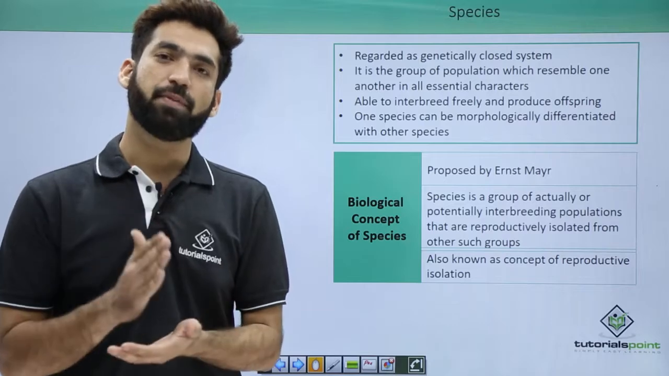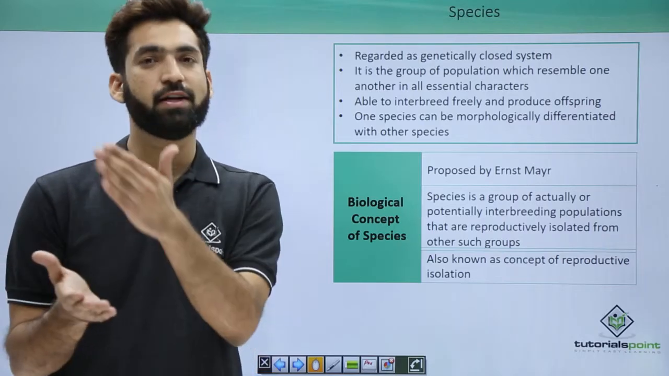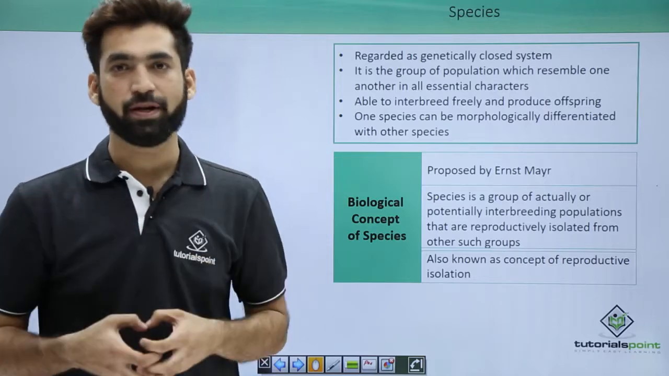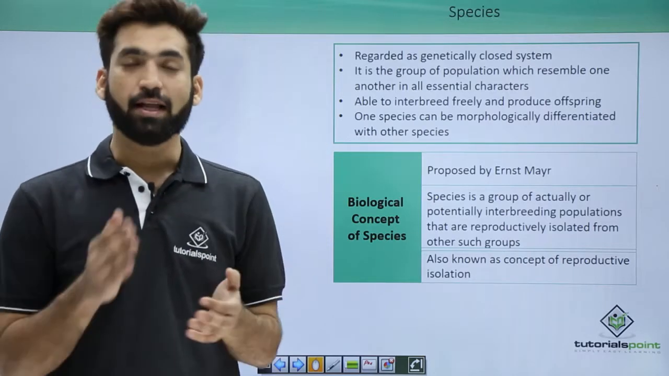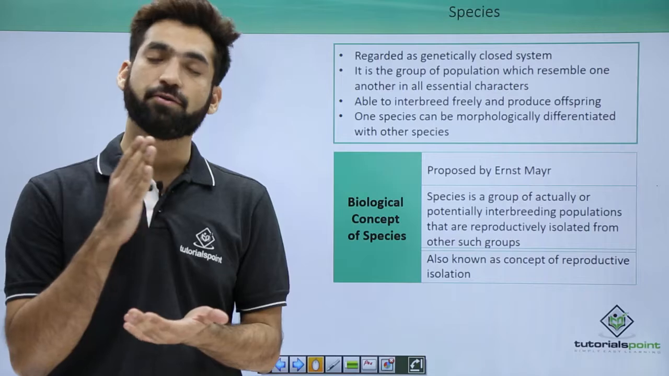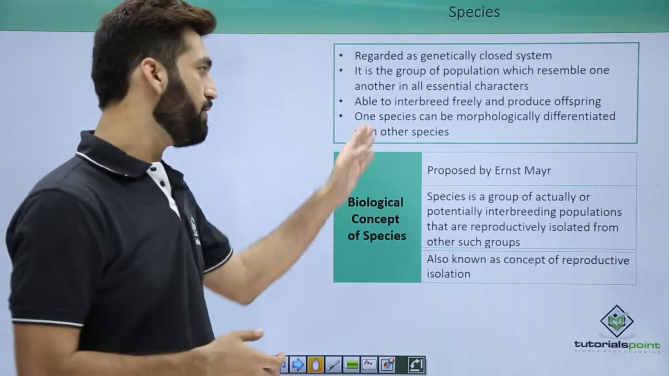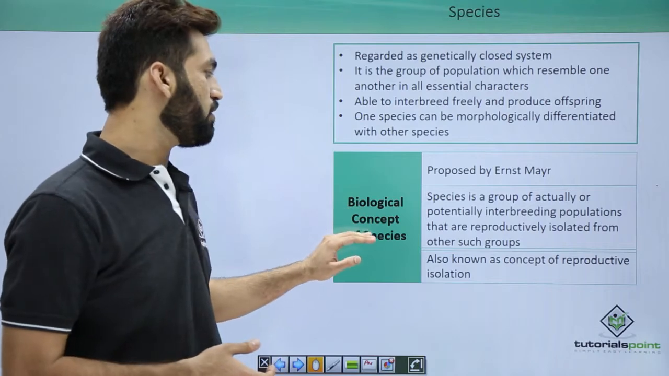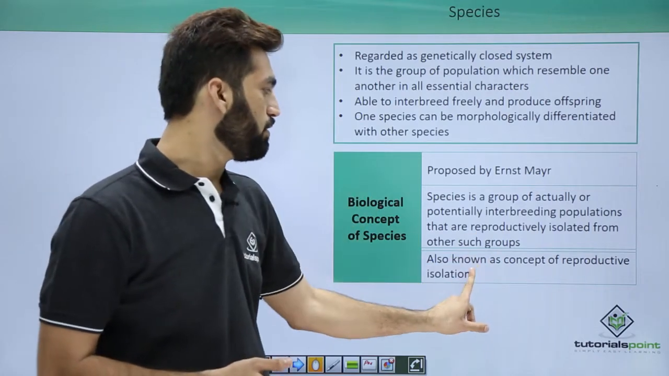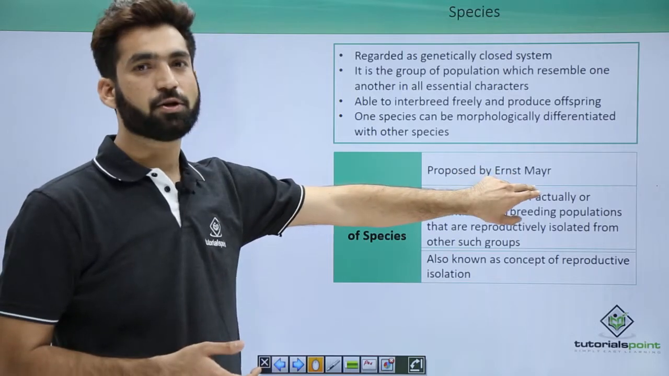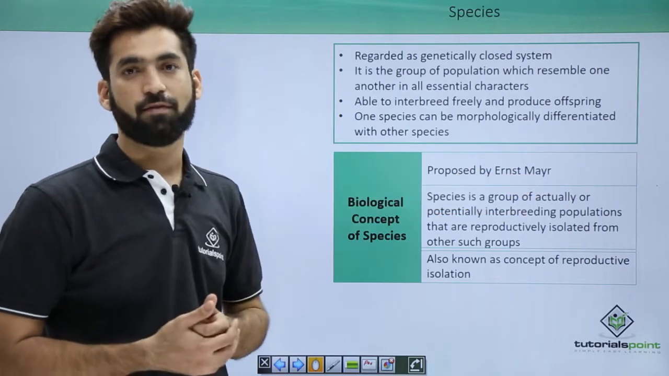Tuberosum will only be reproducing with tuberosum, melongena will only be reproducing with melongena. Tuberosum and melongena will not be reproducing. It does mean that one particular species reproduces with the same species. No two species can be reproducing, which is called the biological concept of a species, which is also called the concept of reproductive isolation, which was given by a very famous scientist called Ernst Mayr, who is also called